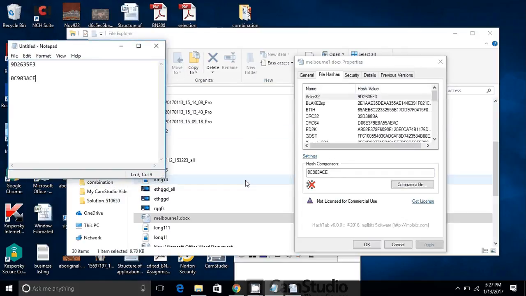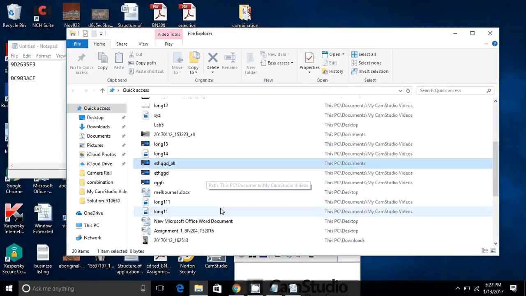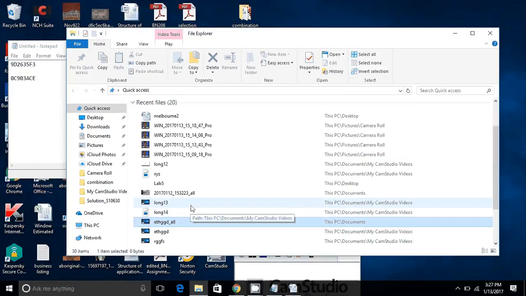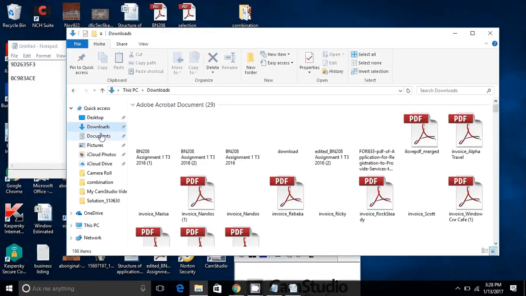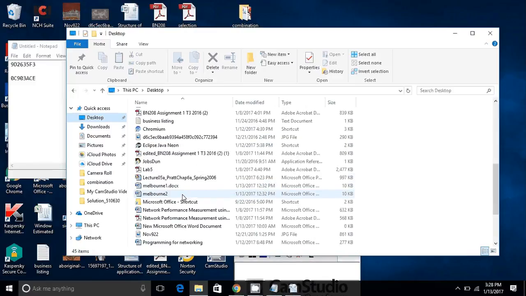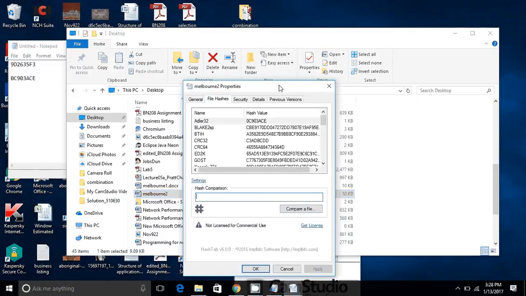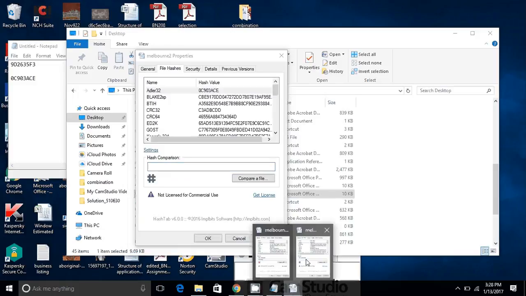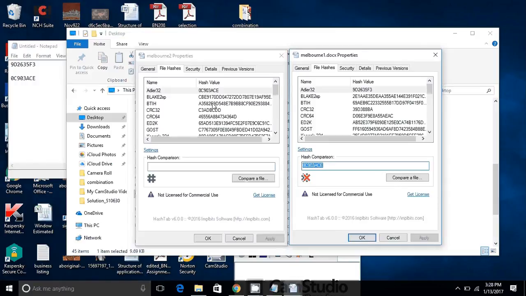Or I can open the properties of Melbourne2 to have a clearer look. Yeah, so we can see between Melbourne1 and Melbourne2 the digest is completely different.